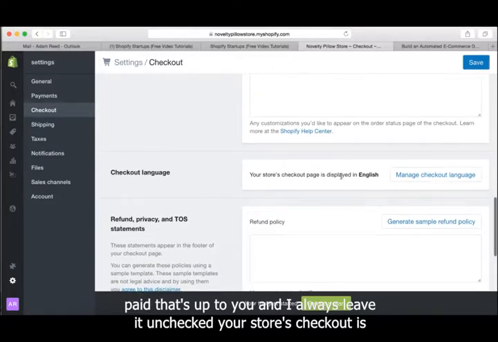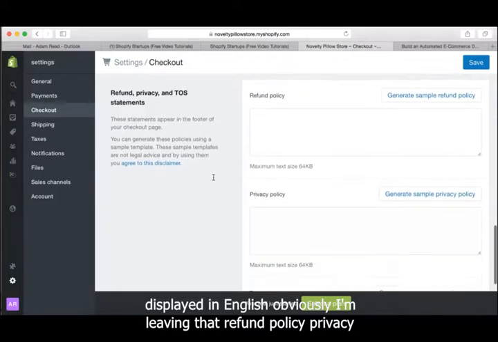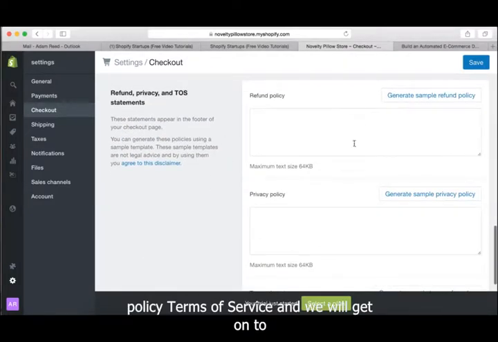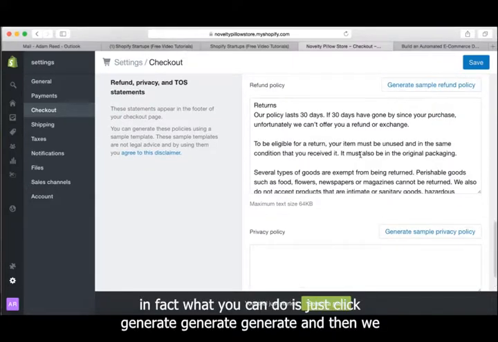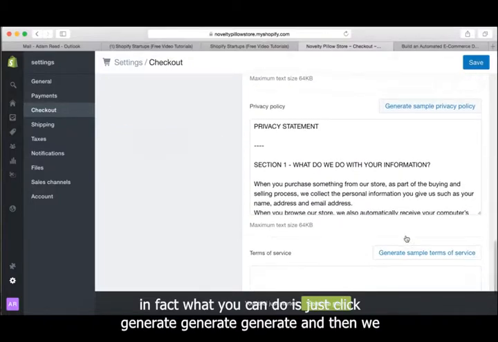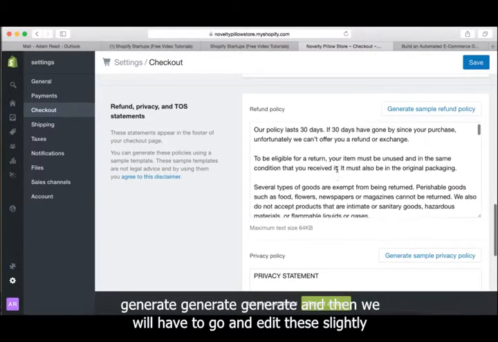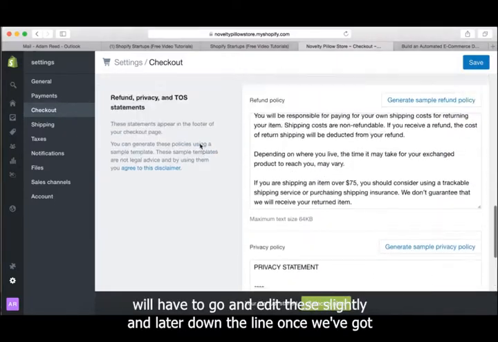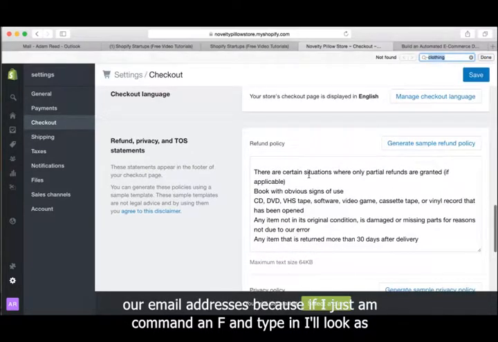Your store's checkout is displayed in English. Obviously, I'm leaving that. Refund policy, privacy policy, terms of service, we will get onto. In fact, what you can do is just click generate, and we will have to go and edit these slightly later down the line once we've got our email addresses, because if I just Command and F and type in